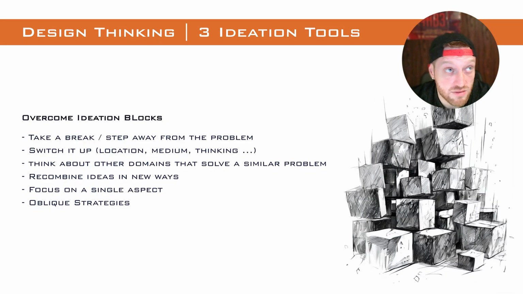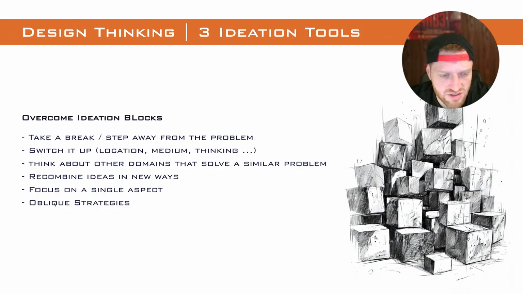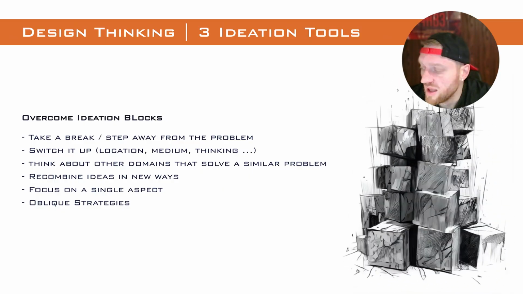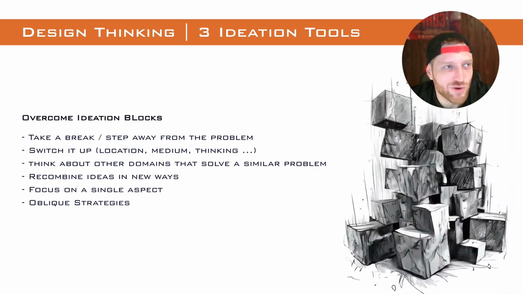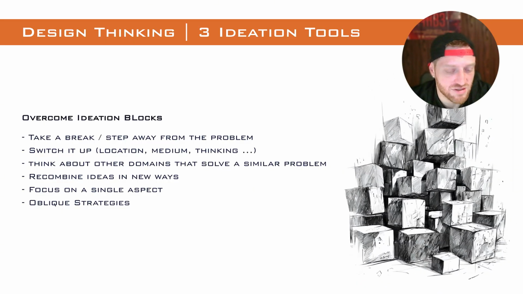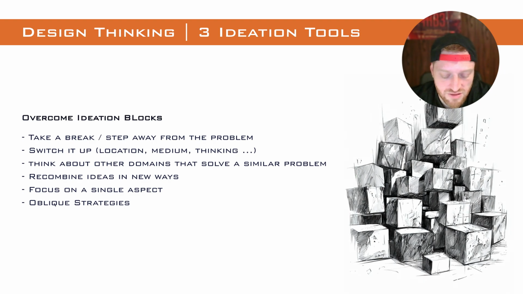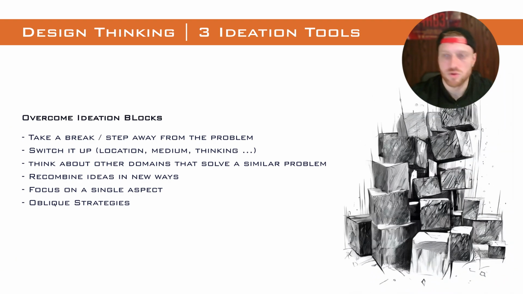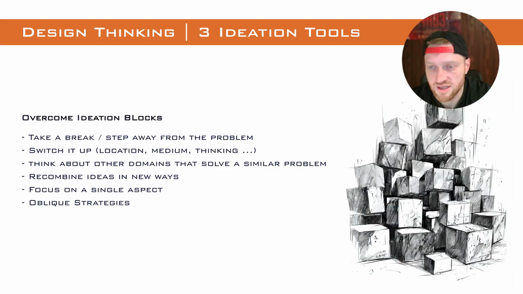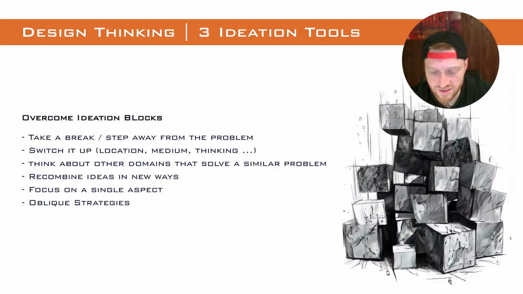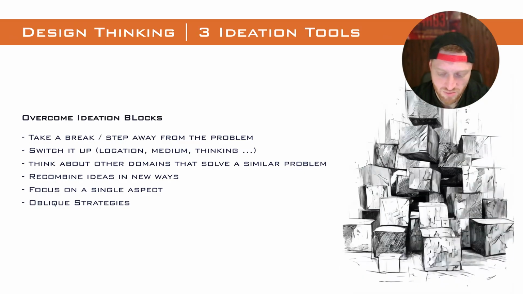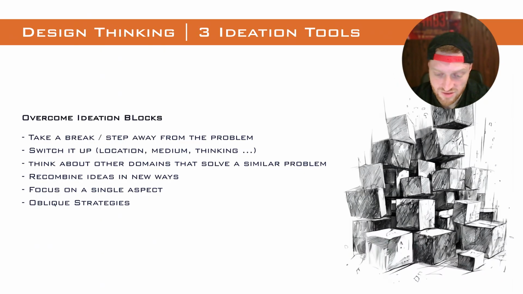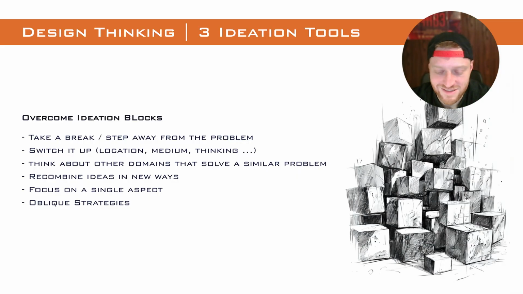And another strategy is the Oblique Strategies. It's a website or an app you can use. What it basically does is, by giving you these creative wisdom words, it helps you look at things from a different perspective. So let me just look one up. For example, it says: only one element of each kind. Maybe it's completely unrelated to your product, but that's also what makes it so strong, because it doesn't consider your product. It's just random sentences, but